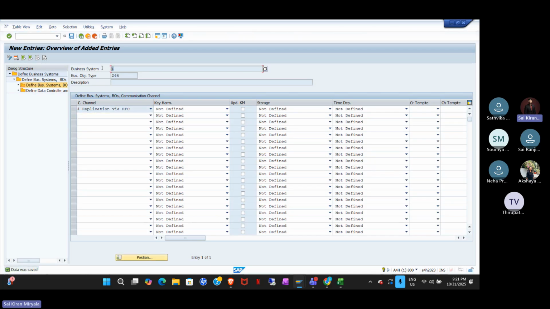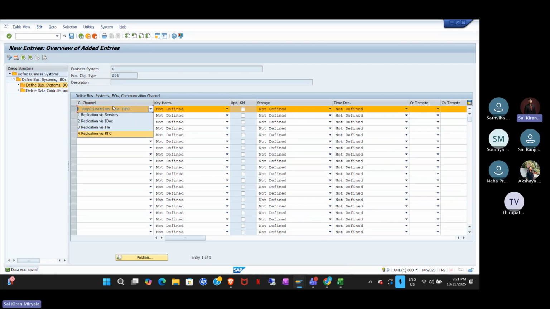So now for my business system S4H, for business object type 266, I have defined the communication channel. Okay. Now, if you want to replicate the supplier data from A4H system to S4H system, we can replicate it using the RFC function. Okay. If you want to change this communication channel, we can change it here. Okay. So now after defining this,